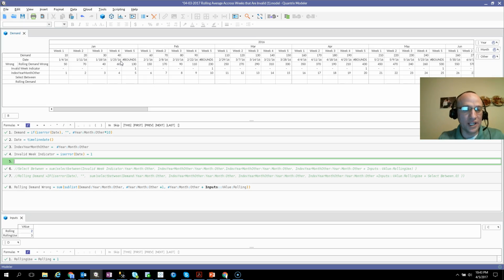an invalid week. And if there is, go ahead and give me a 1, because then I'm going to add that to my offset of maybe a sublist or whatever, but I'm not going to use the sublist function. I'm going to use the select between. So first off, let's go out and see if within our offset range, there is an invalid week. So this select between is going to equal